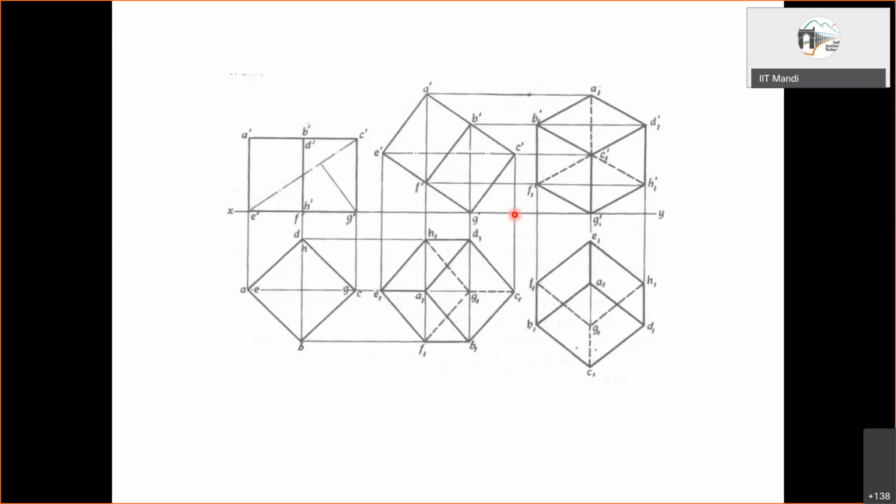Now, how much will this reduced length be? That is, in what ratio, by what fraction is it getting reduced? We can obtain that using the properties of this cube. This is an edge, C dash to G dash is an edge. Suppose I consider that the edge has length small a. Then this is a body diagonal. The body diagonal of a cube will have a length root 3 a.